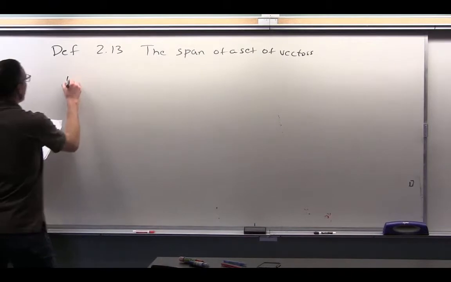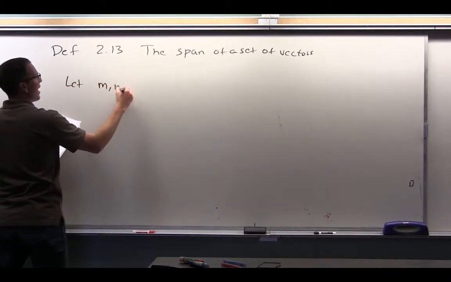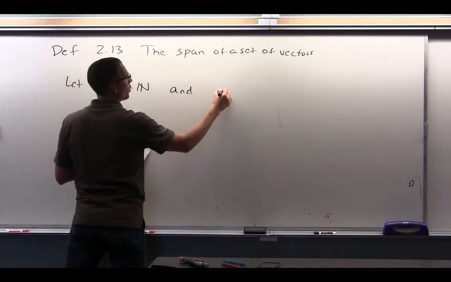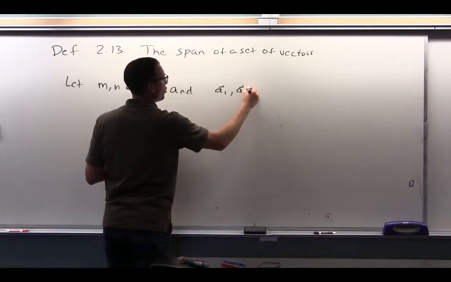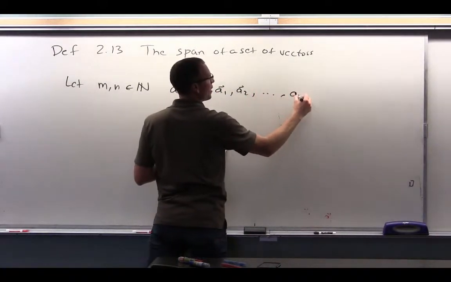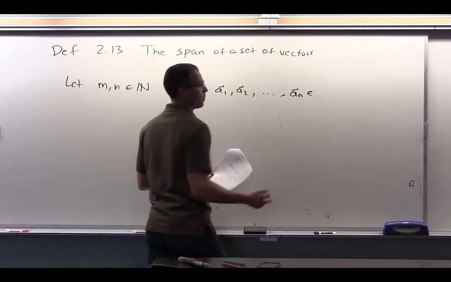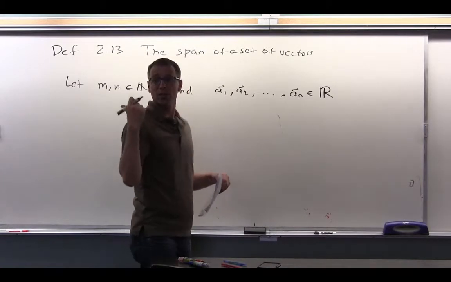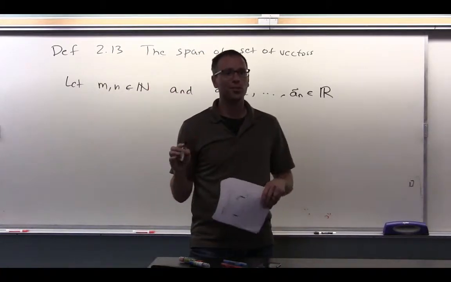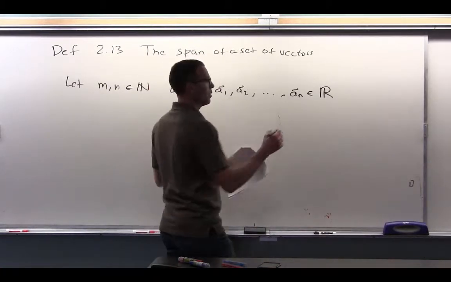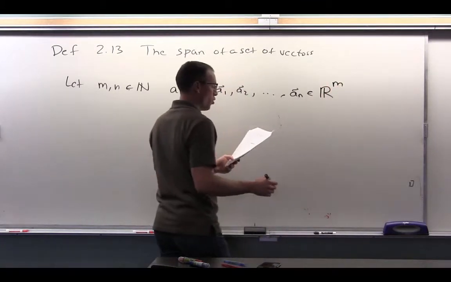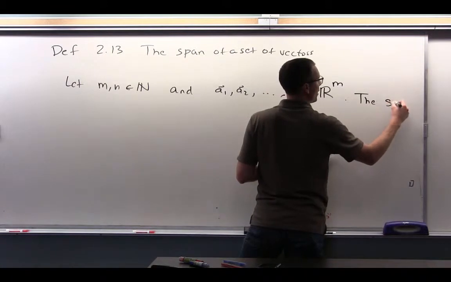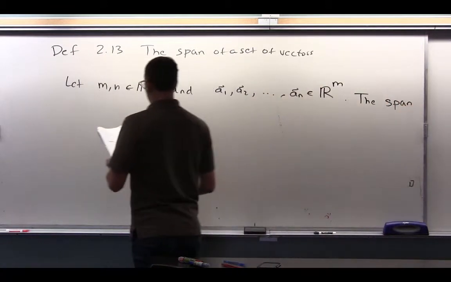So if we say that m and n are elements of the natural numbers, and we suppose that a1, a2, all the way to an, could you imagine what I'm going to say about those? What did we say about those vectors in the last definition? They're in Rm, so they have m number of rows. The span of these vectors,